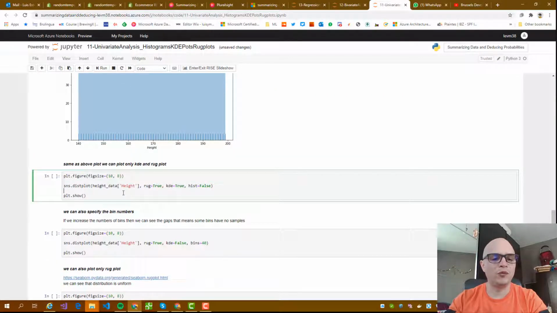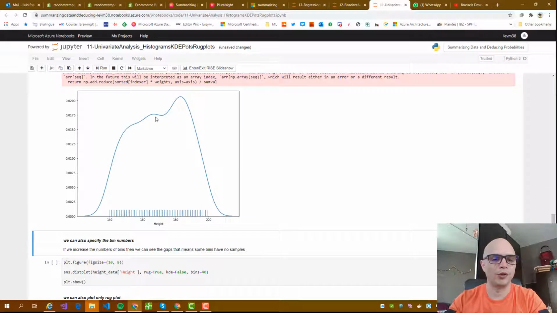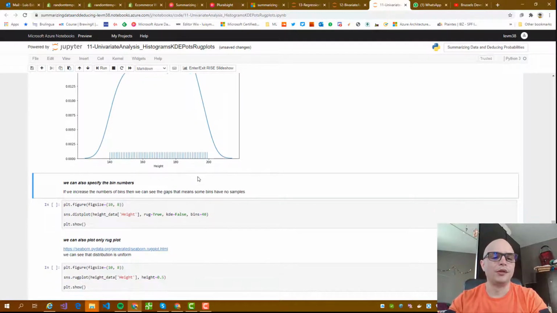What if we want to plot only the KDE and the rug plot? So we use rug equals true, kde equals true, and hist equals false. And you can see it here. We can also specify the bin numbers. The bin numbers are basically